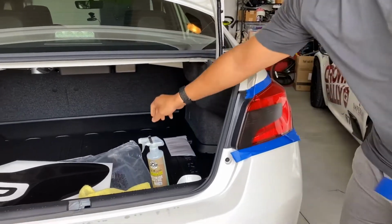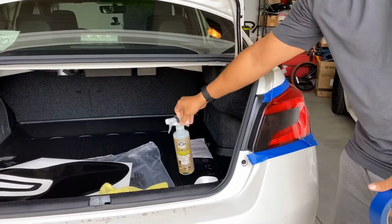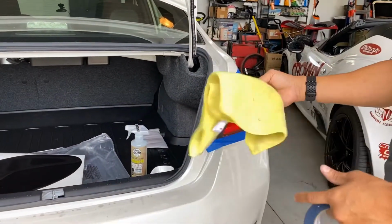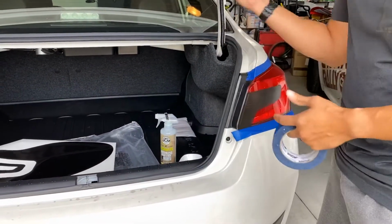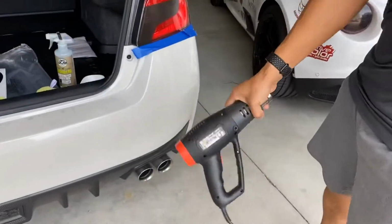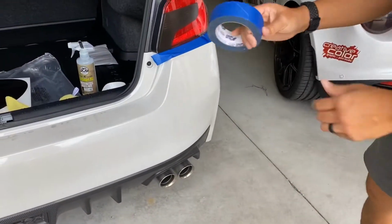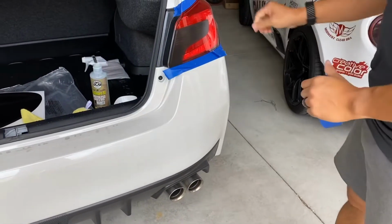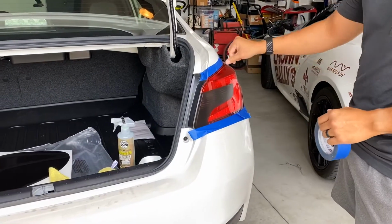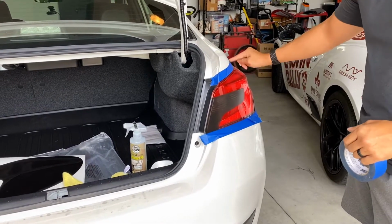What we will need is, I have waterless wash and wax. I'm basically using that to clean the vehicle. I would actually recommend just a straight detailer. That's all I have right now. A microfiber towel to clean everything off. You're going to want a heat source, like either a heat gun or a hairdryer will actually work. And I have some painter's tape so I can protect the paint. Ultimately, I will need to go back inside and grab an X-Acto knife to kind of finish off the last